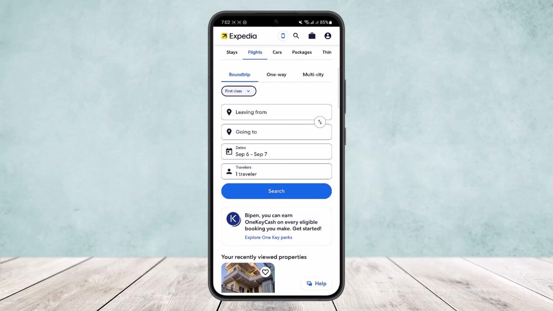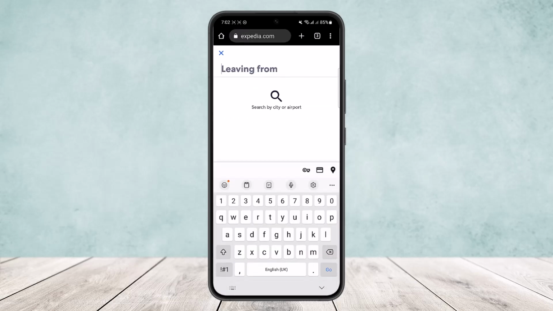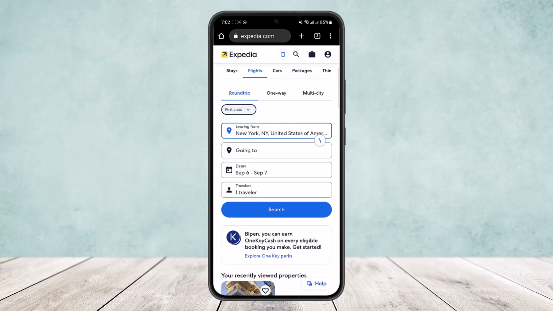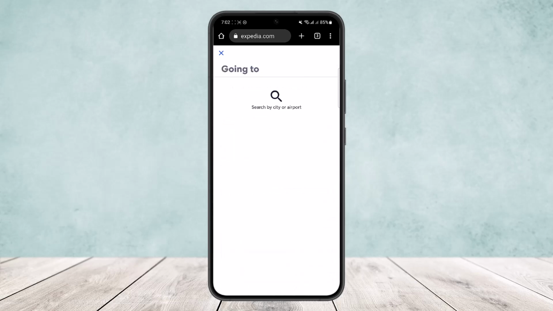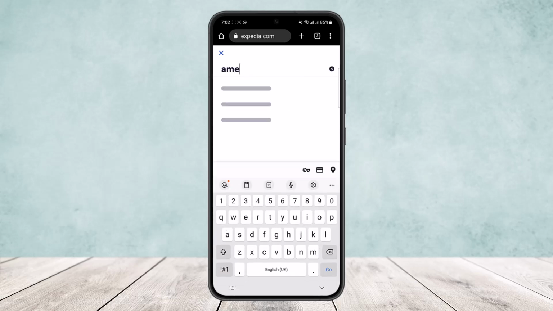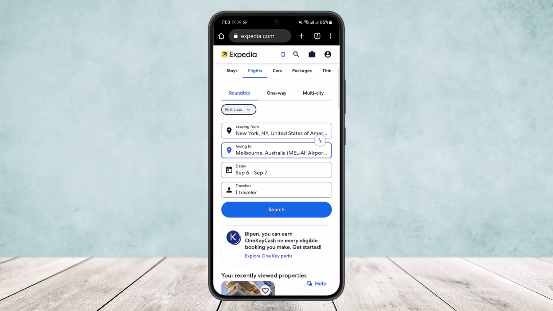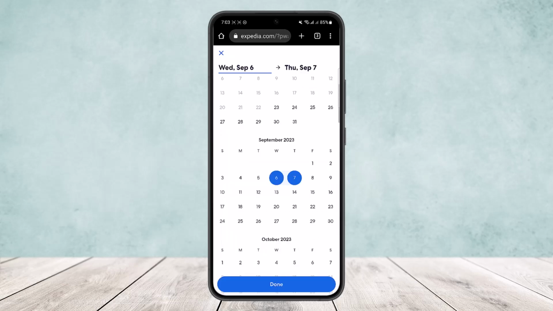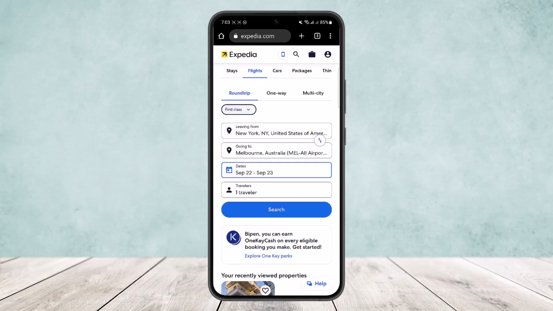Then you want to choose your leaving point, and here you can choose a city or airport. I'll just choose a simple airport here. Now once you do so, you want to select your destination as well. You can select your destination here, and once you select your destination as well, you want to select your date. Once you select the date, you can choose any date that you want, 22, 23 or such, and your month,